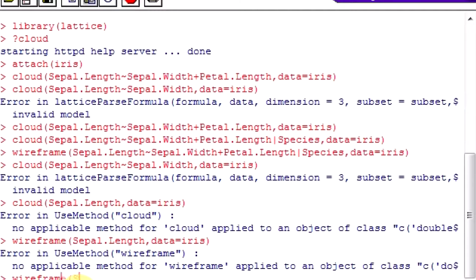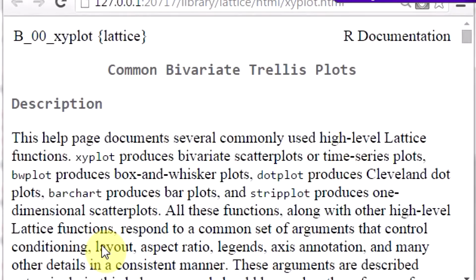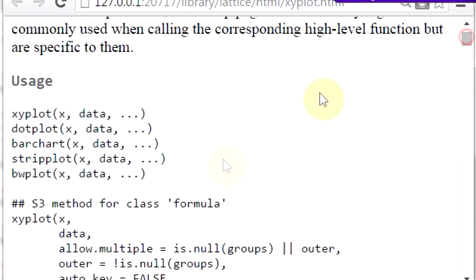The second thing in lattice is the XY plot. I can see XY, X data, right? You can see there are different kinds of plot here: XY plot, dot plot, bar chart, strip plot, right?